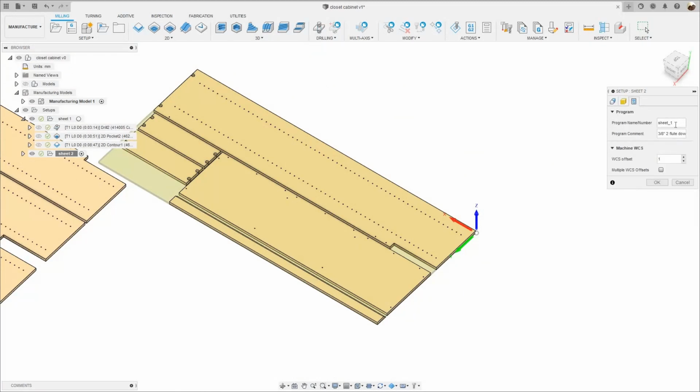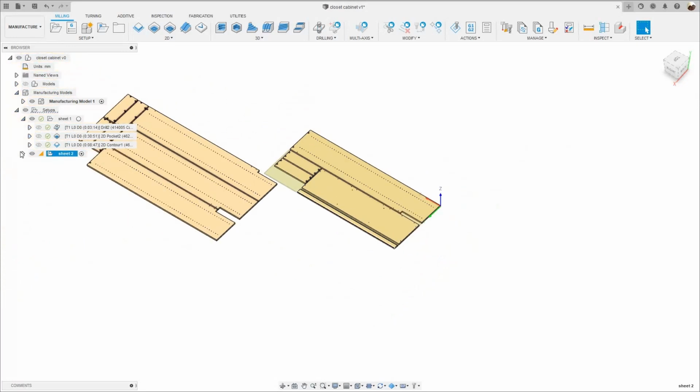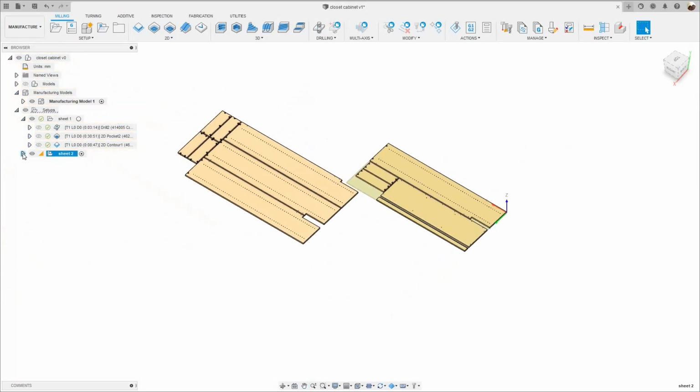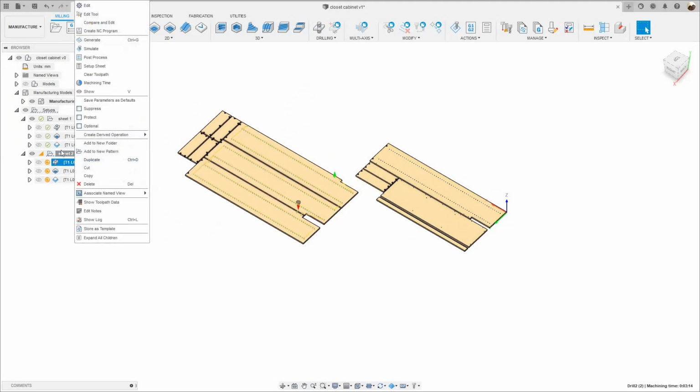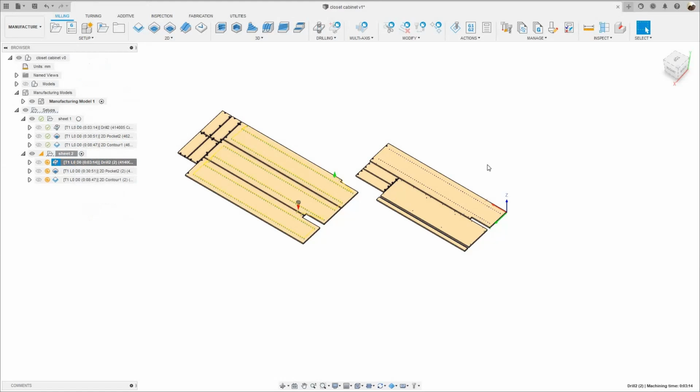And on the post process, I'm gonna name the program sheet 2. I'm gonna click OK. I'm gonna have to click on this arrow to drop down, and I'm gonna edit this drilling operation. Right click, edit,